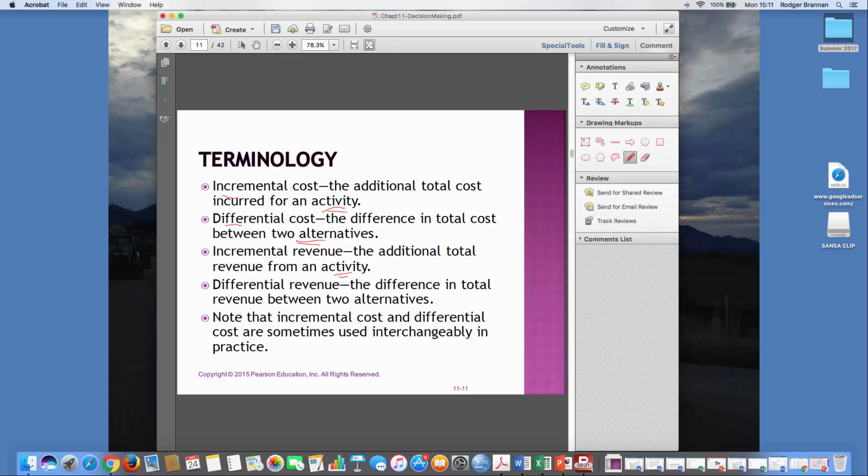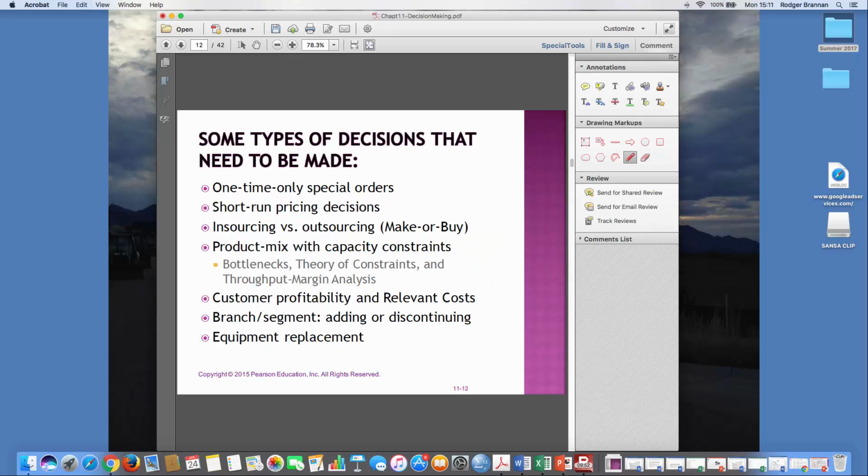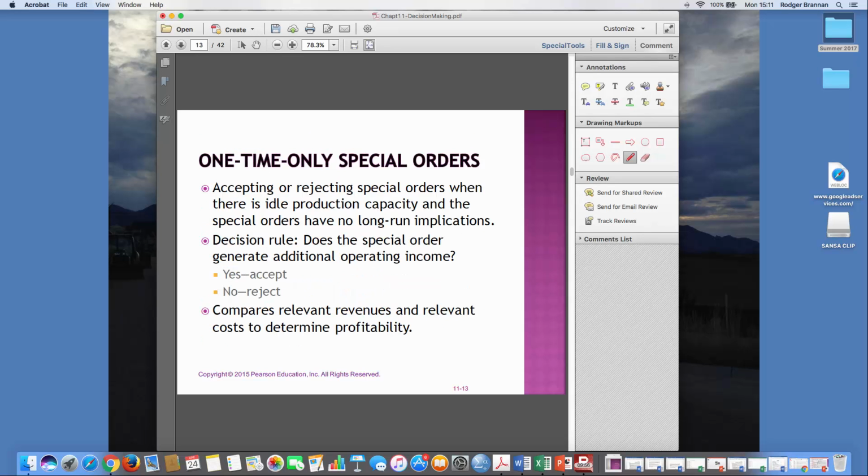But as you're reading the textbook here, the authors are going to make a big distinction between the two. And oftentimes as you're talking in terms of what's different, okay, I have to be careful that I use precise terminology, or I make sure that the people who are listening to my presentation understand what I'm saying. And we'll look at some examples here. All right,